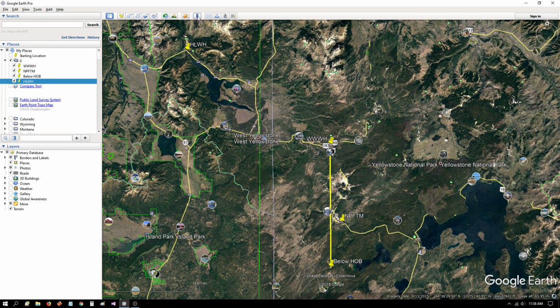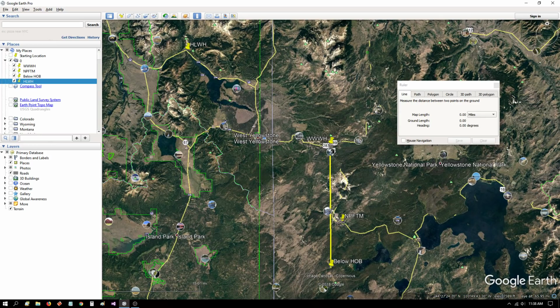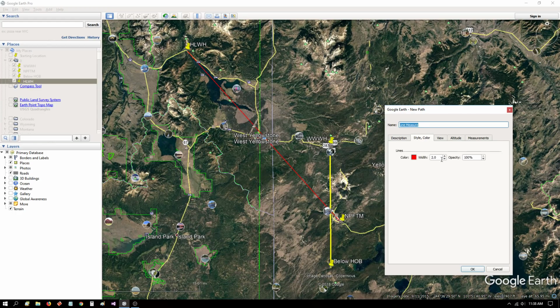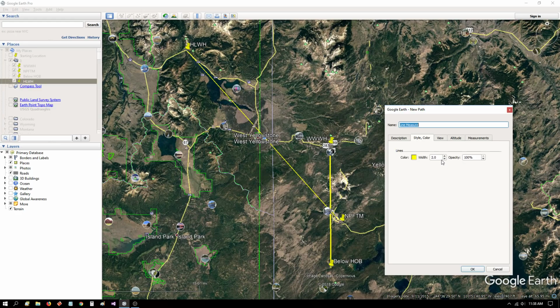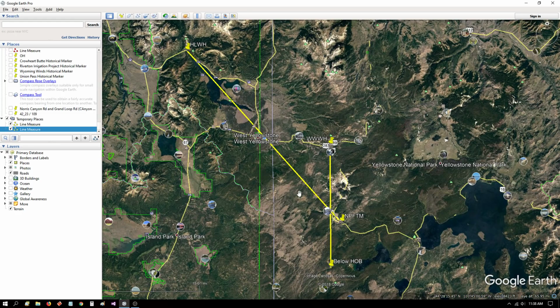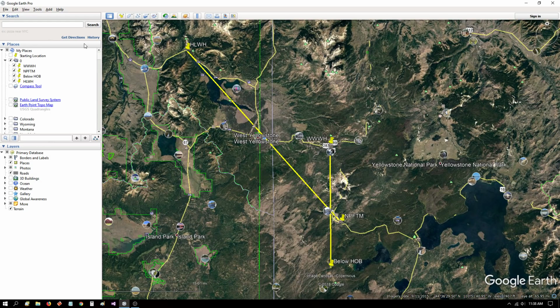So we're going to break out the ruler again. We're going to click here, and we're going to click here. Okay. So now we got another line. I'm going to save it. I'll change the color to yellow. Okay. I'll set the width to 4. I'll click OK. So